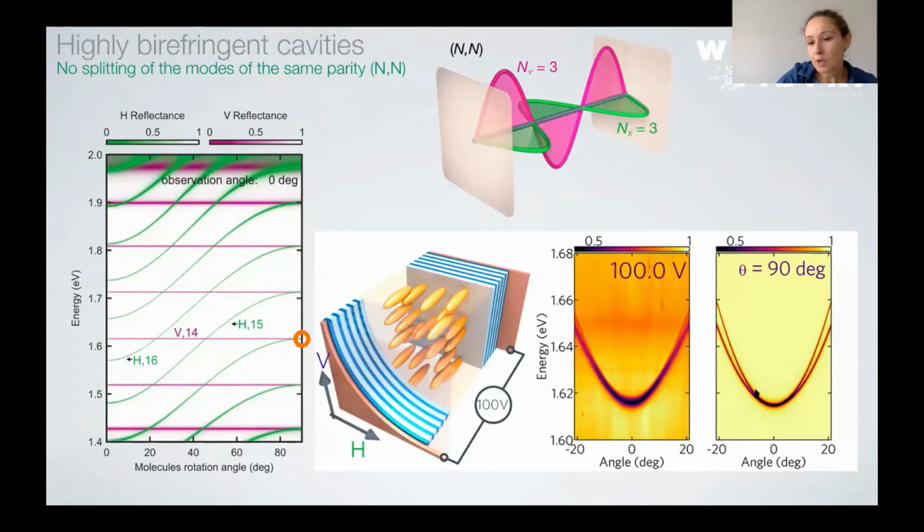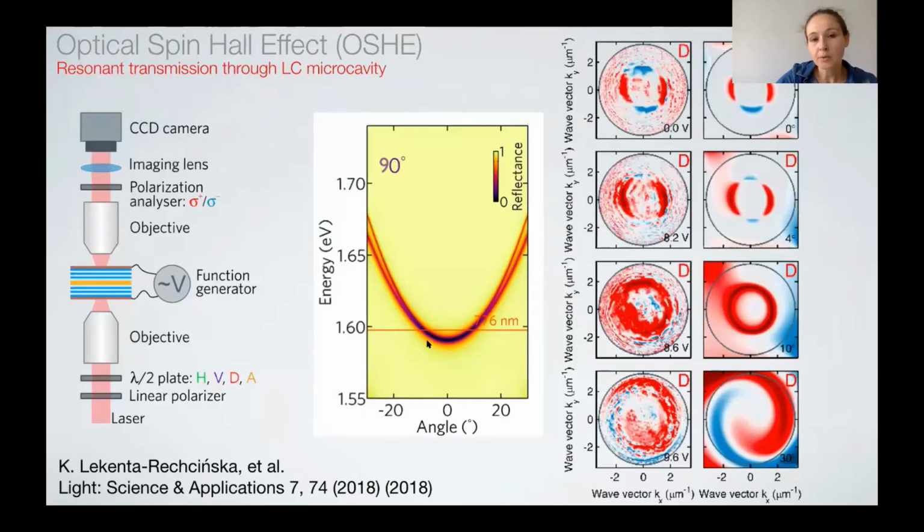And what we observe is the small modes splitting here due to the TE and TM splitting of the modes. So this is this regime, where we overlap the same mode of the V polarized mode and the same mode of the H polarized mode. So the same mode number and the same parity. So this typical regime, as I told you, we can observe when we look at the resonant transmission,